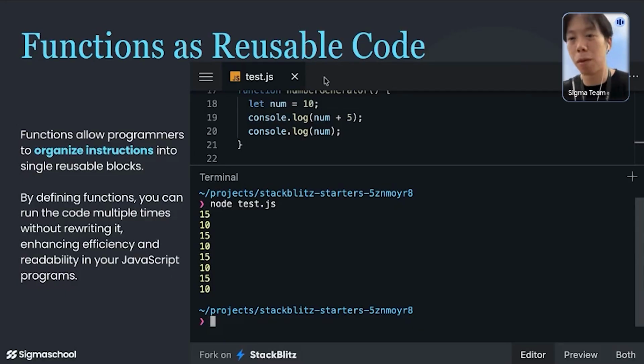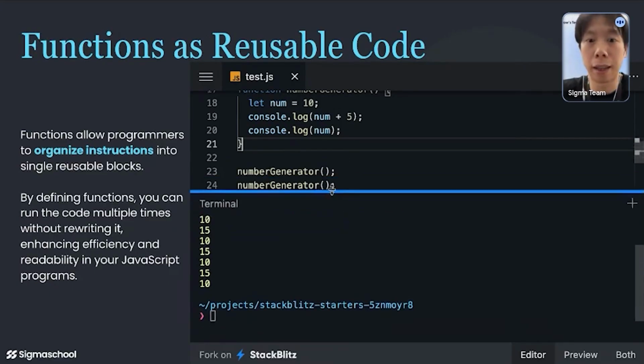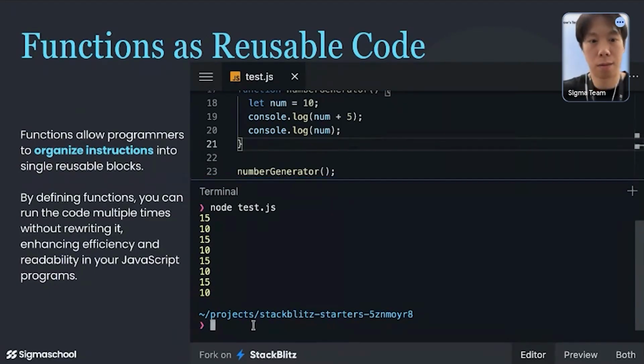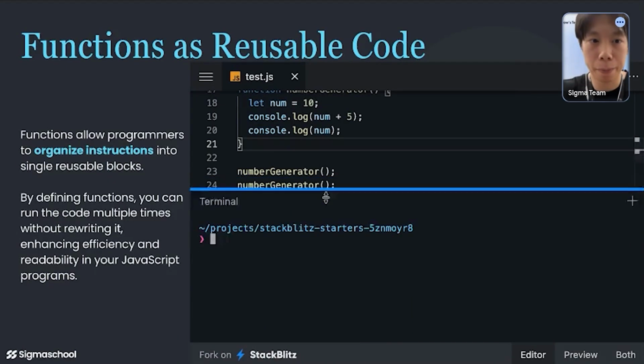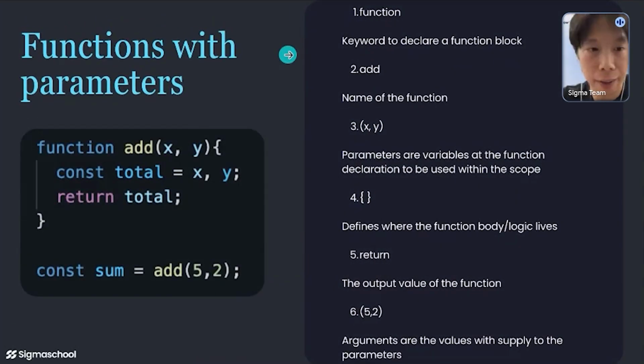So in this case, maybe you have some very complex instructions, and you don't want to retype everything again every single time you want to call the instruction. Functions eliminate that wasted energy, and make code easier to read, right? So it allows you to use reusable code, which is easier, and you don't have to retype everything again, right?